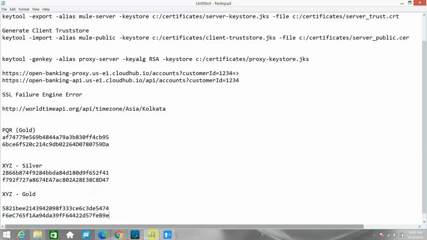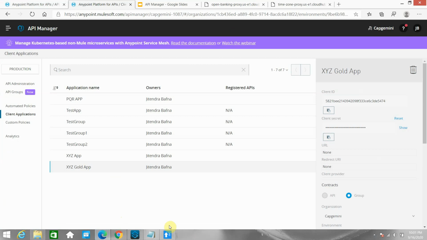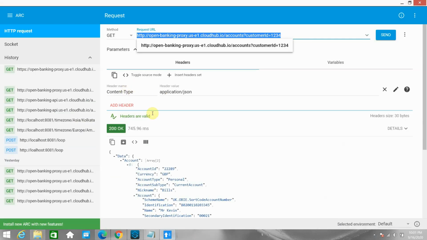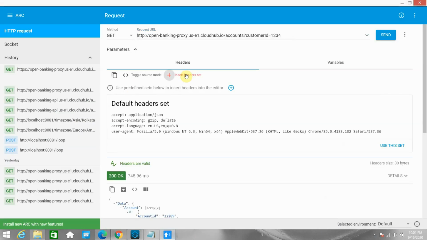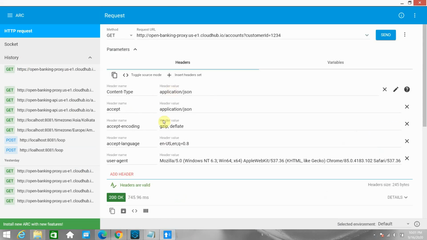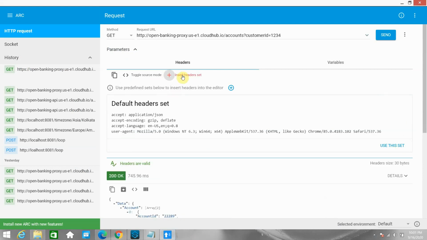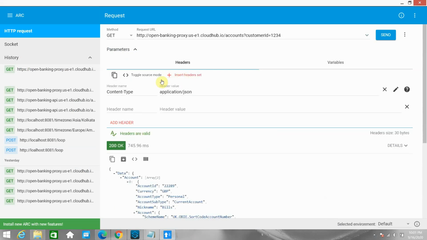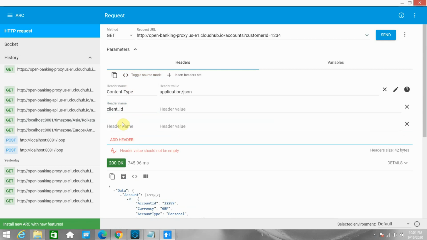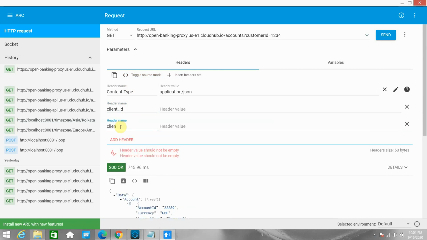So let me test some of the APIs using REST client. I want to insert some headers. I want to pass a client ID and a client secret.